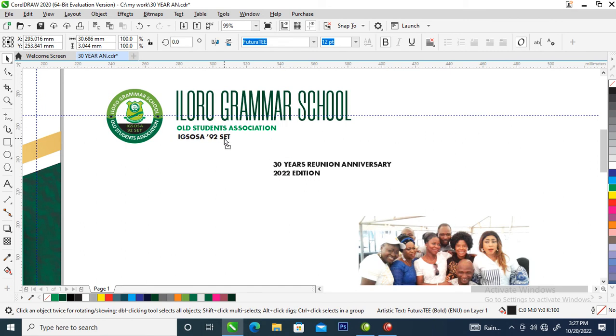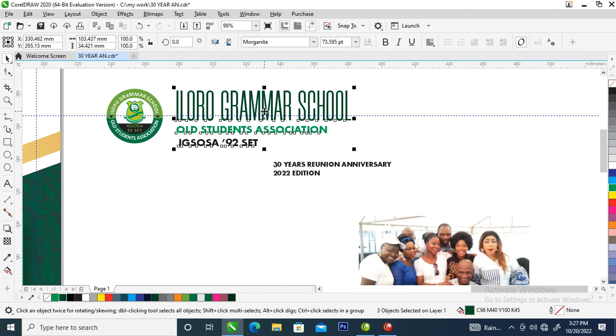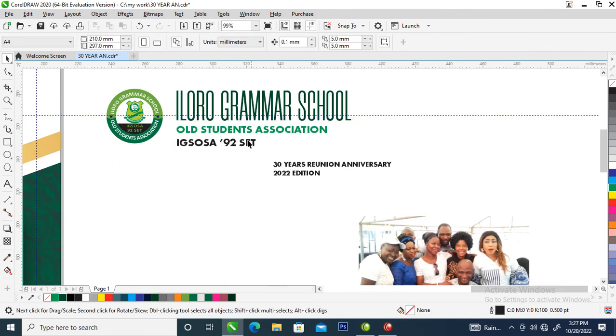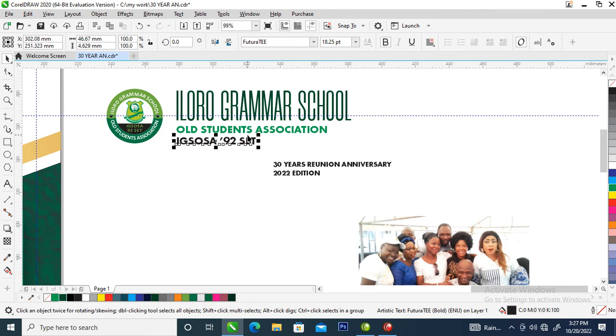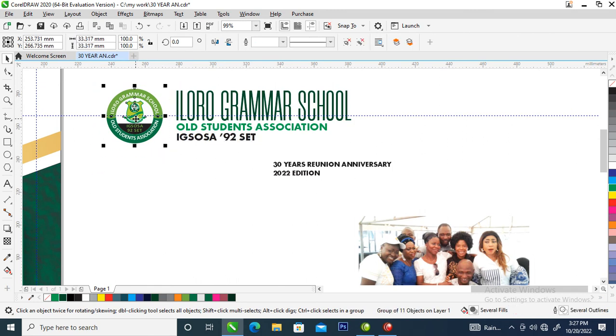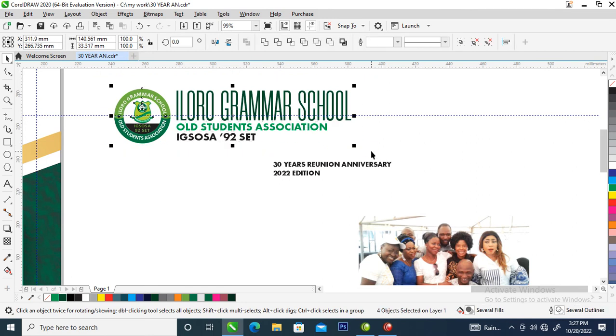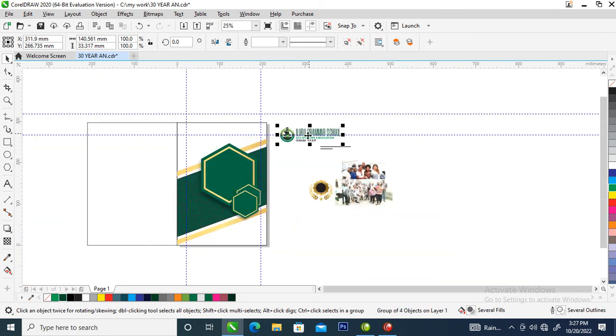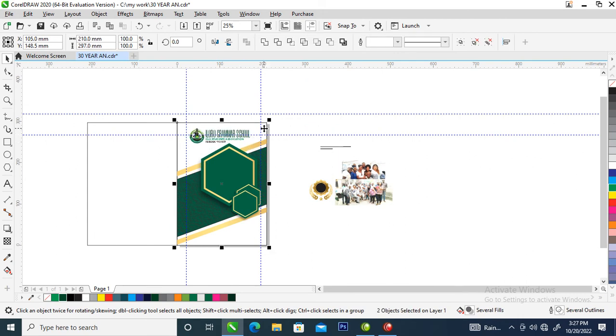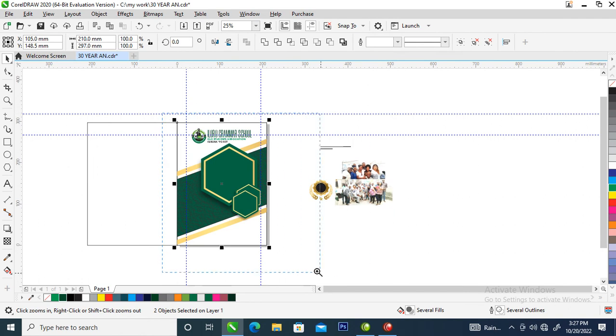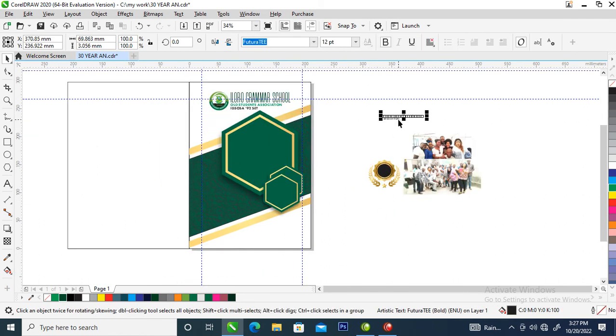Let it be below the school name, make it bigger, align it left alignment, then shift it up. Good. So let's position this closer to the school name, group it all up. So right now let's position it to the top of the brochure, center it within that. Good. So our next step right now is to just